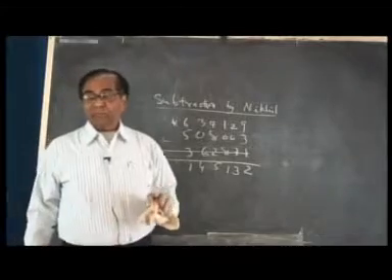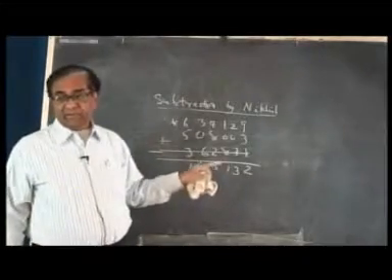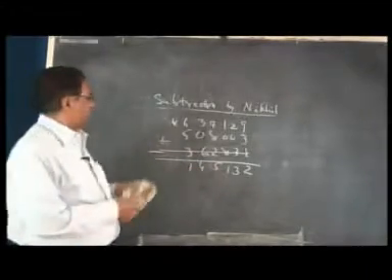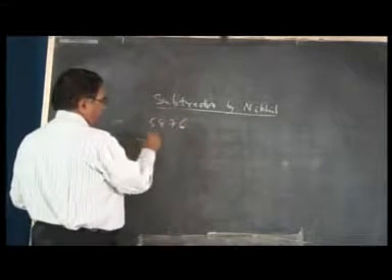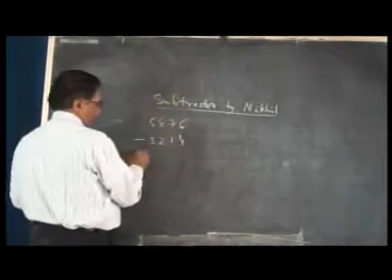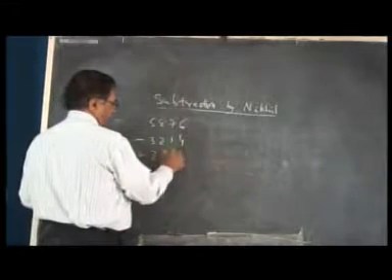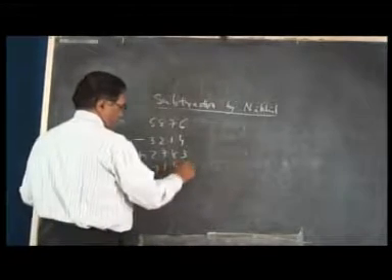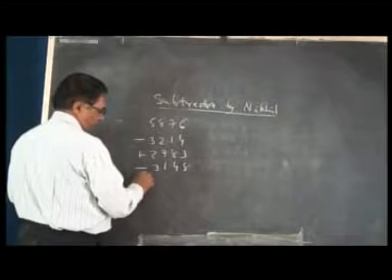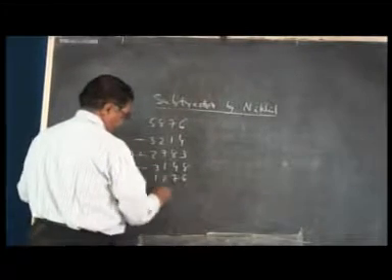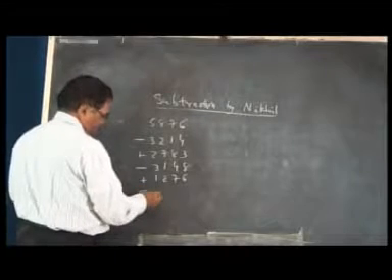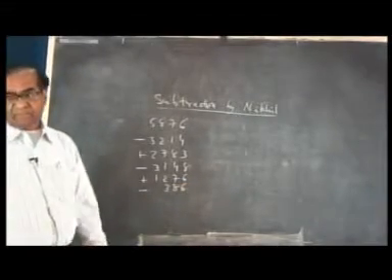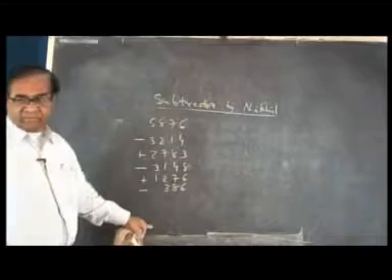This will be most useful when there are mixed operations, addition and subtraction together. Then this will be more useful. Let us see the illustration. 5876. Let us get all this. Let us see how we can.